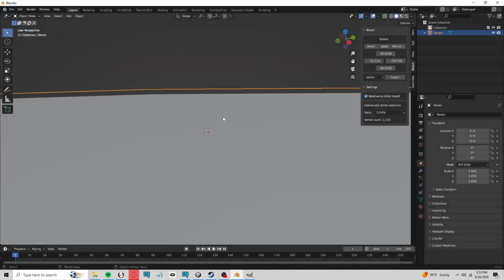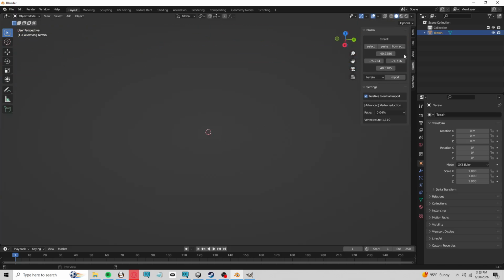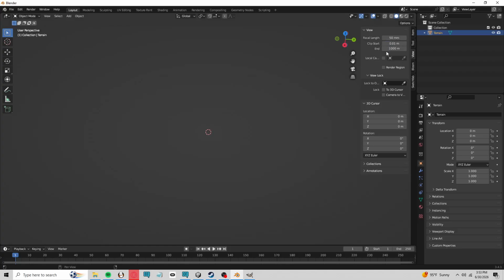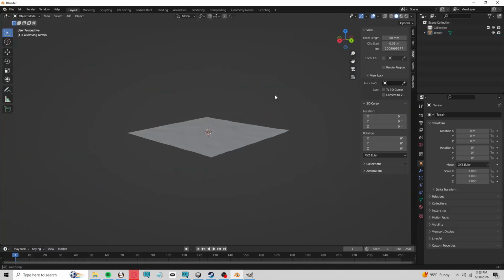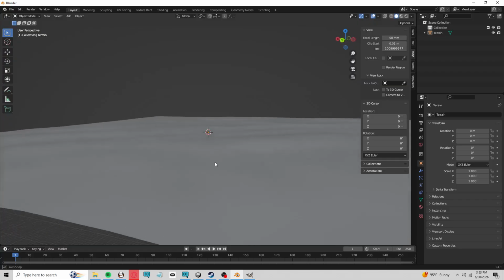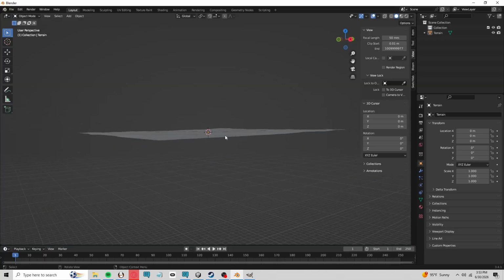So now you'll see the terrain here, you'll see the outlines and stuff like that, but if you zoom out to go see where it is, you won't see it. That's because you gotta go to your view tab here and just add a bunch of nines. Cool, now you can see your terrain. You can see it's kind of got a little bit of depth to it, kind of changes in elevation,